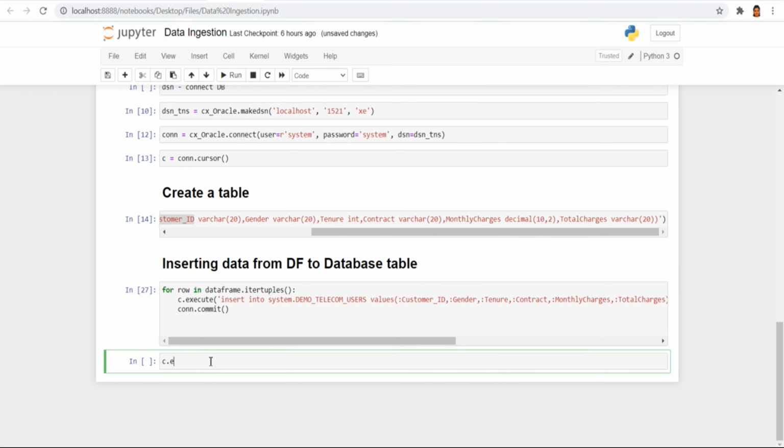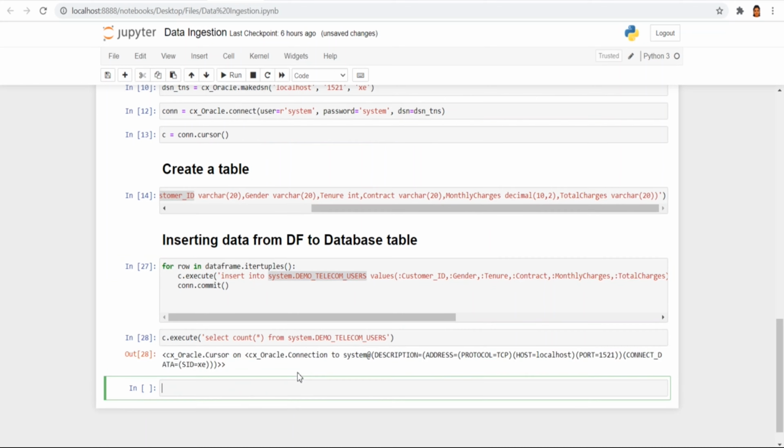And you can check the same count from here as well. So just c.execute, and inside that pass the command: select count star, and here you need to pass the table name. If we run this, our command is executed, but here we cannot see the result.